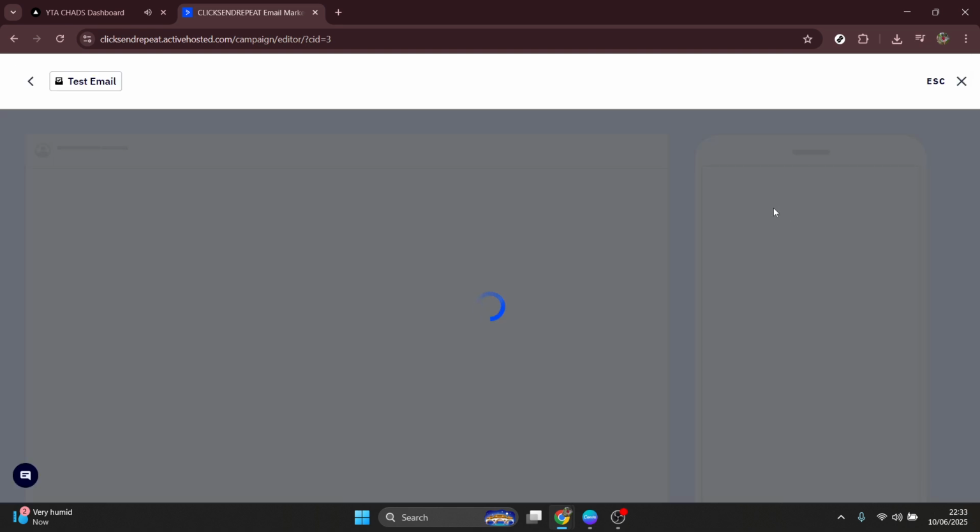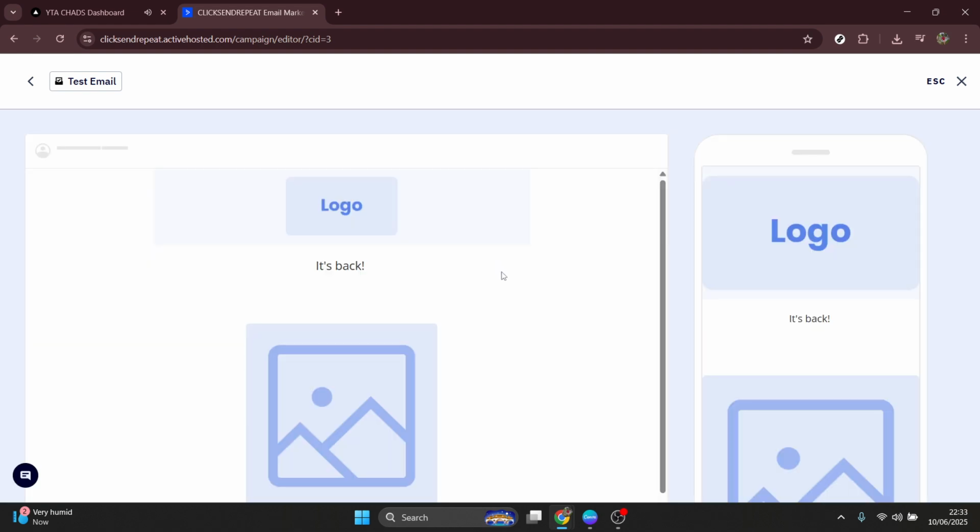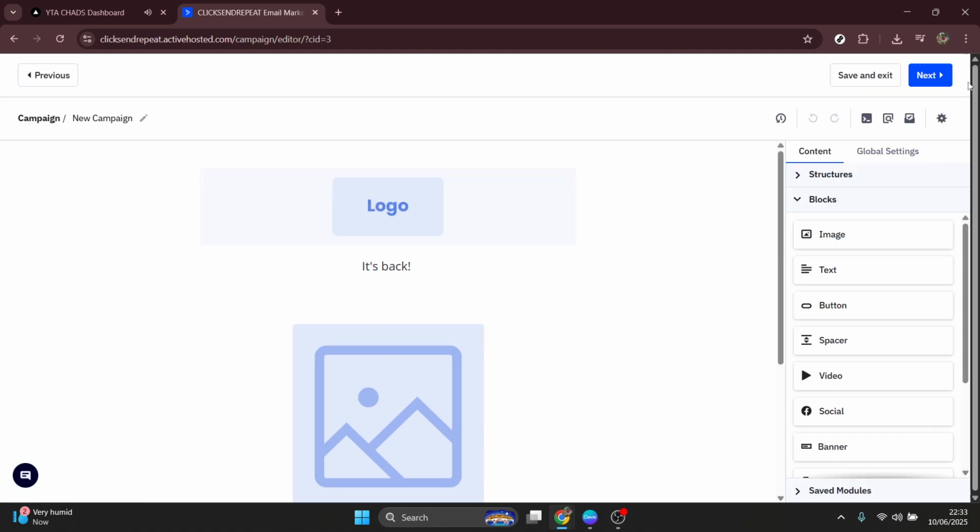Finally, it's time to review and send your email. Click Next to go to the summary page. Here, you should carefully review the from name and email, the subject line, and verify you're using the correct sending list. Decide whether to send your email immediately or schedule it for later. After making these final decisions,